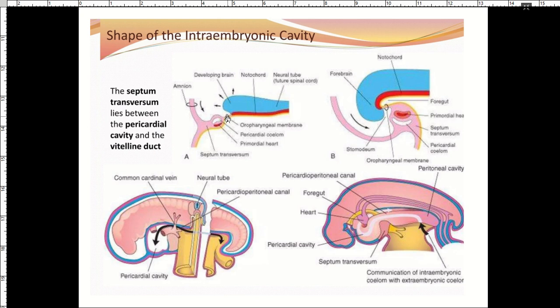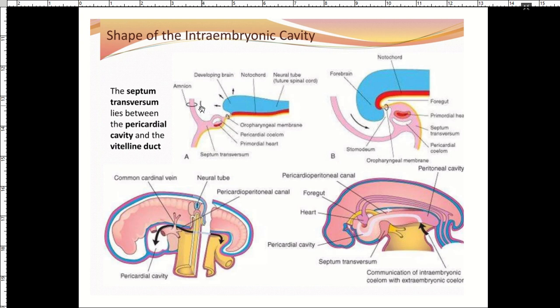This is your oropharyngeal membrane, or buccopharyngeal membrane, which is going to form your mouth. And now you have your heart here and your pericardial cavity. So initially your heart will be cranial to your mouth. Funny, right? But due to the development of the brain, which is your forebrain, via what you call cephalocaudal folding,